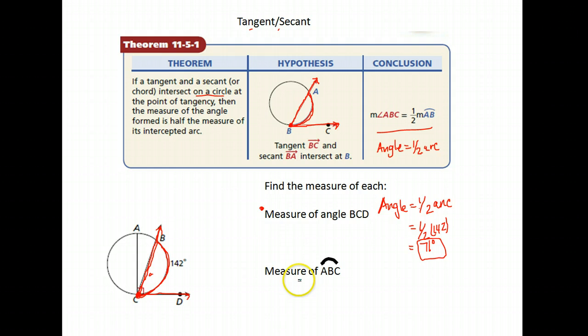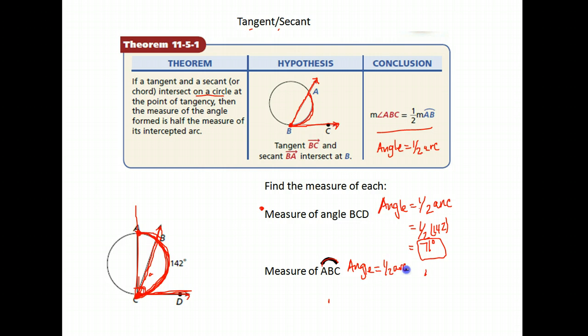Okay, next let's find the measure of arc ABC. So the arc from A through B, we start at A, go through B, and clear down to C. What is the measure of that arc going to be? Well, notice that here we have our other angle, the full angle, and it's a right angle, or a 90-degree angle. So its arc is ABC. Maybe you've deduced just by looking at that what the measure of the arc is, or we can use this property where our angle